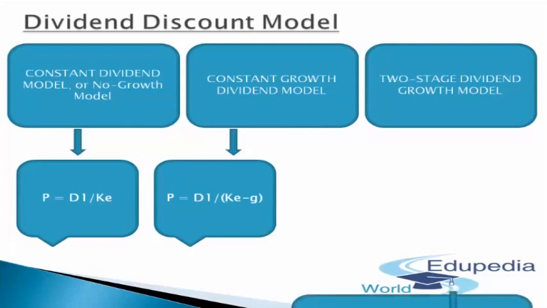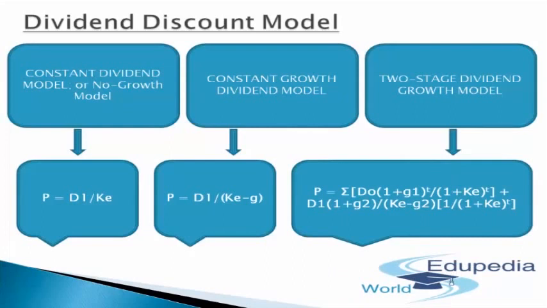So guys, that was all about the two-stage dividend growth model. Herein, this is the basic concept. P means the intrinsic value, the present value of all the dividends plus the present value of the price which will be obtained at the end. By D1, D2, I mean the expected dividends. By KE, I mean the cost of equity. And by G, that is growth. G1 means the initial dividend growth rate, and G2 means the steady dividend growth rate that will continue till infinity. So that's how this formula works.